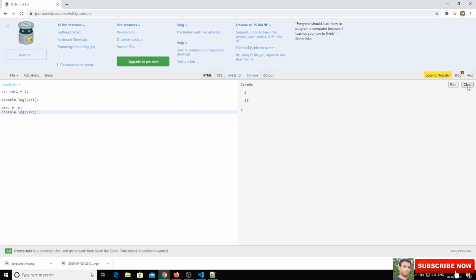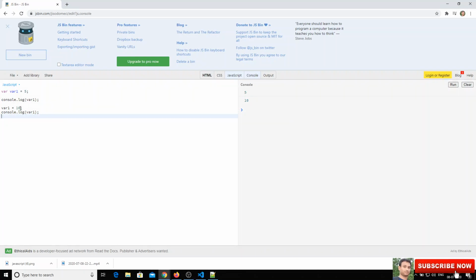What could be the output? Let's see. First 5 is printed and again 10 is printed. So that means the code execution goes from top down. First var1 is initialized as 5 and printed, and then it is reassigned as 10. 5 is gone and 10 is assigned, and console.log gives you 10 here.